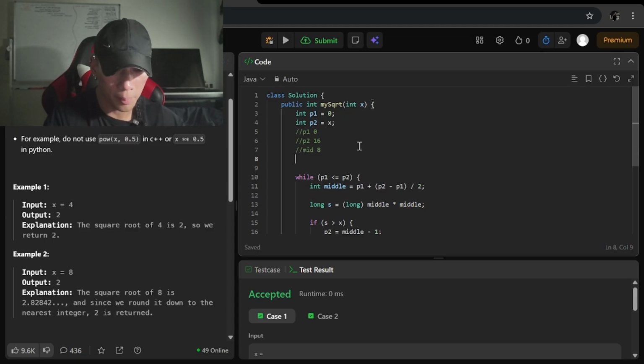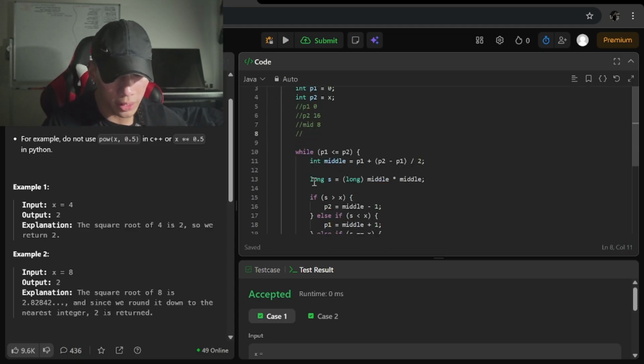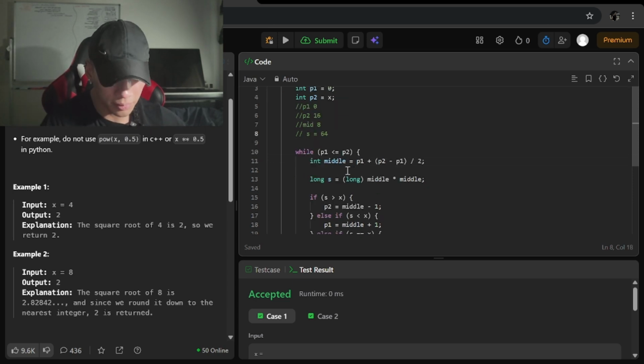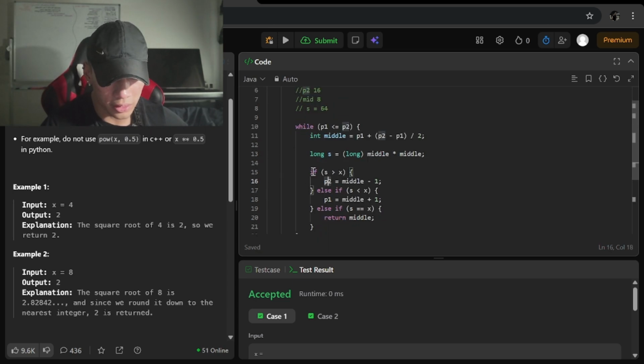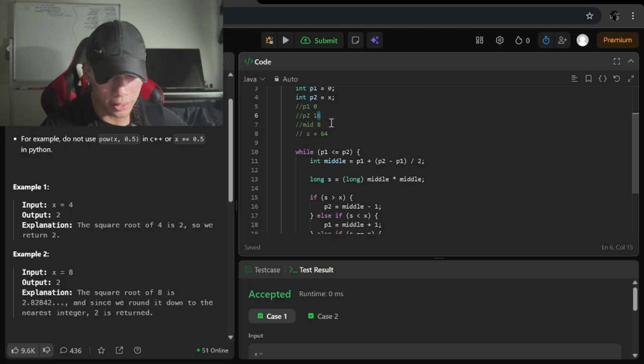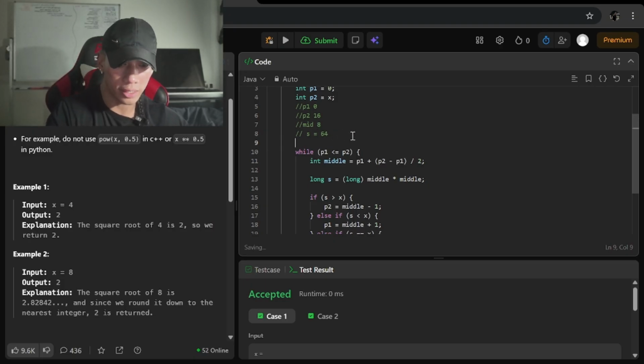Mid is 8. Now we calculate the square. So 8 squared is 64. S equals 64. So now S is bigger than 16, which is X. So it'll go down. So P2 is now 8.